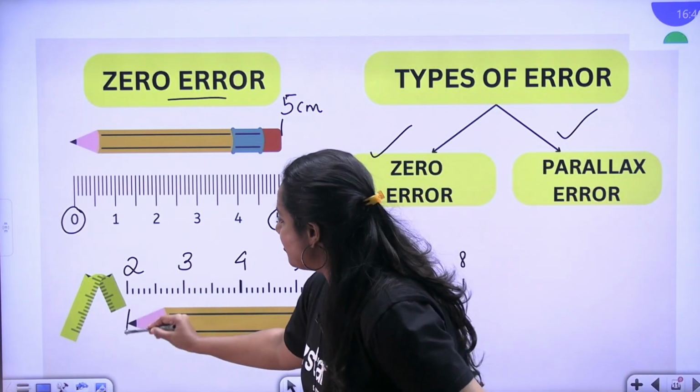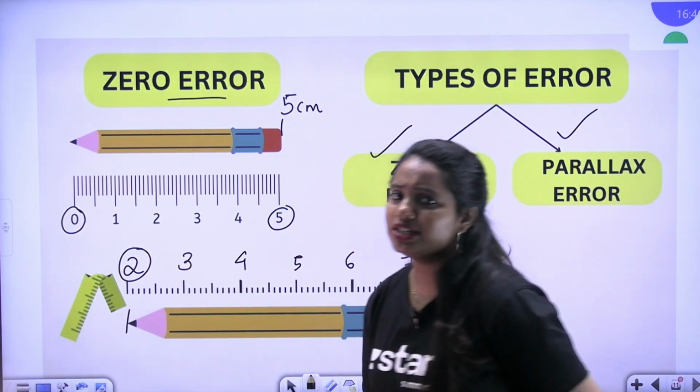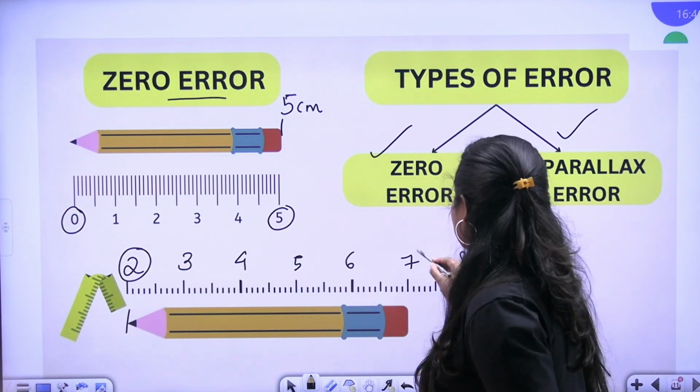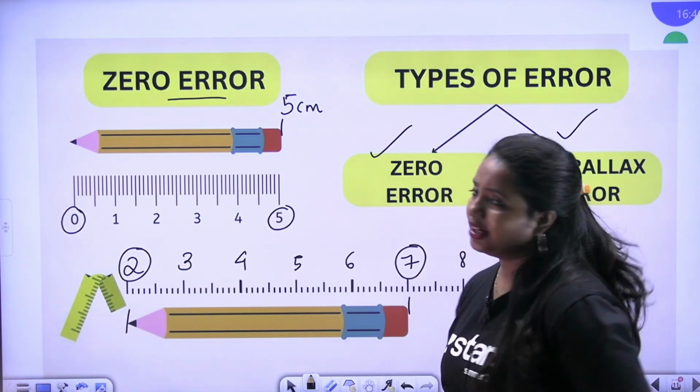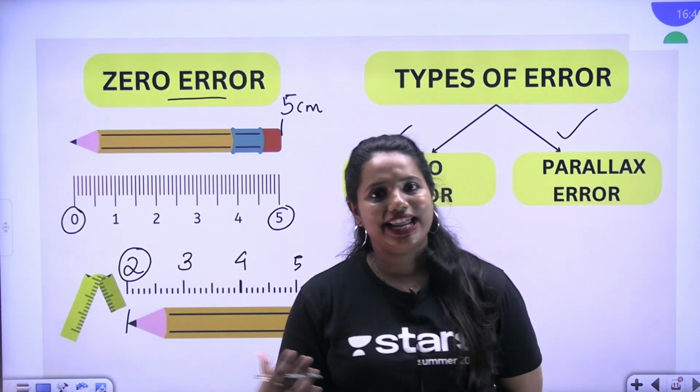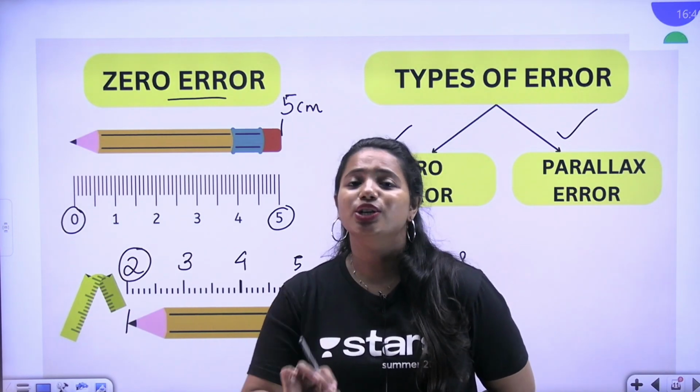So this is my initial point. So 2 is my initial point. And what is the end point here? It's nothing but 7. You can see that here. Correct? So if I want to measure the length of the pencil, it's simple that you need to subtract the